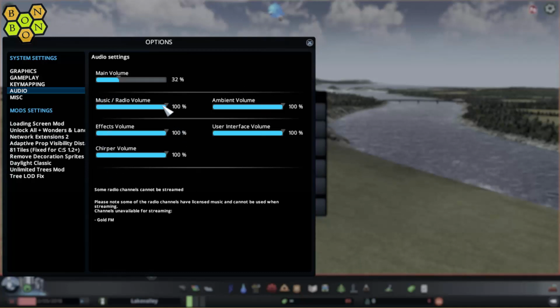The music radio volume, because there is an in-game radio, I'm sure you're aware of that. The ambient volume, which is birds whistling, wind blowing, all those things. The effects volume, when you're using something like the Bulldozer. The user interface volume, which is when you click something and it makes a click sound. And chirper volume, which is that little guy at the top. That's the little noise that he makes,